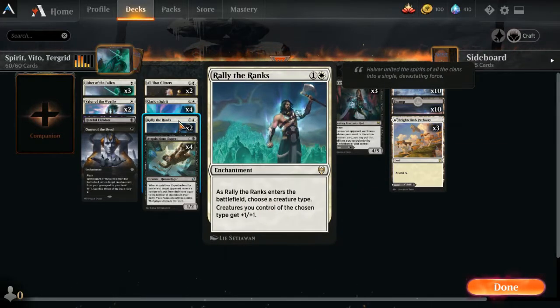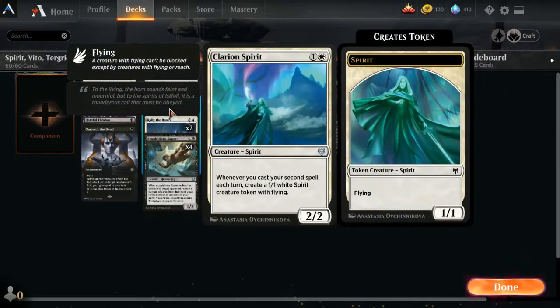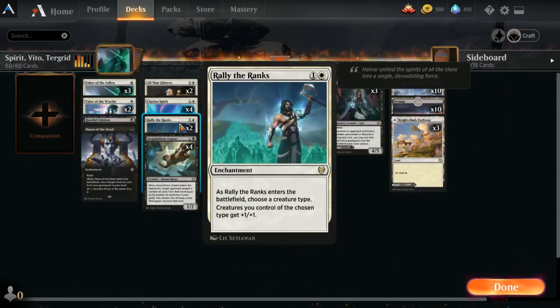Then we have Rally the Ranks. We have 2 of these in here, and this is a mere 2-drop enchantment that, when it enters the battlefield, choose a creature type. Creatures that you control of that chosen type get +1/+1. In almost all cases, you're going to be choosing spirit. So all those 1/1s and 2/1s and 1/2s, 2/2s, they're all going to get +1 when each one of those comes on the board. If there's 2,